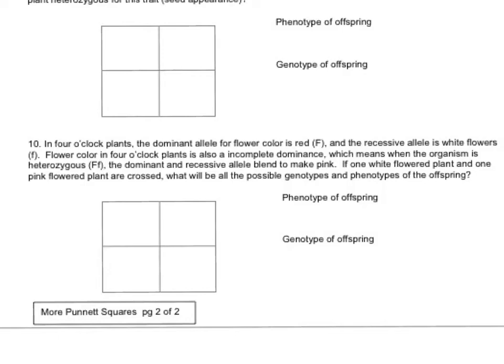an example of incomplete dominance, which means when the organism is heterozygous, big F, little f, the dominant and recessive alleles blend to make pink. If one white flowered plant and one pink flowered plant are crossed, what will be all the possible genotypes and phenotypes of the offspring? Now, we haven't introduced this idea yet, so this should be somewhat new to you,